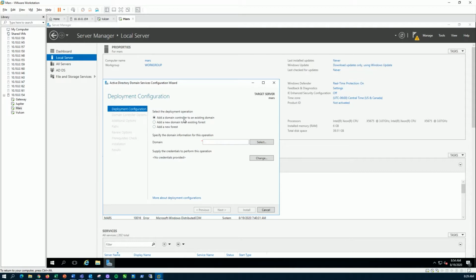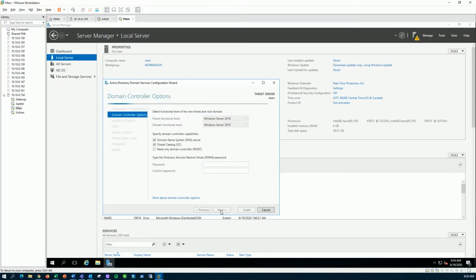And depending on what we're doing, if it's part of another domain or if this is going to be a standalone, this is the first domain in our forest. So we're going to say Add a Forest. We're going to give it a name. In this particular one, we're going to do trantor.local. I like using local for anything that's in a test lab and using real domains when you actually